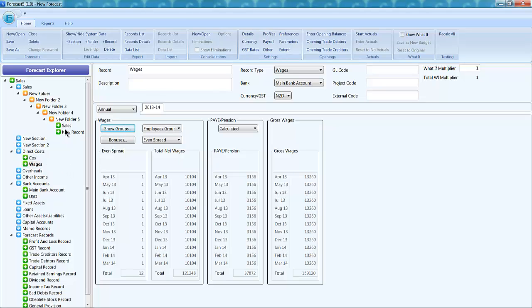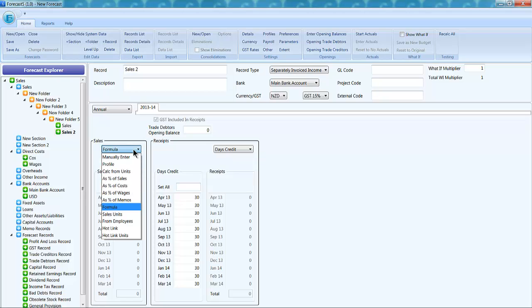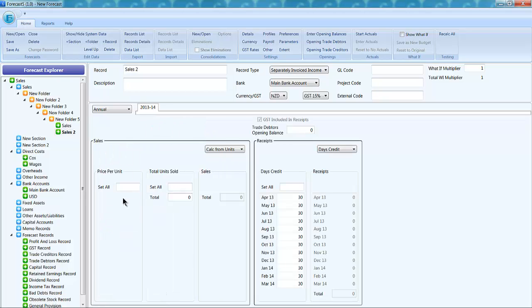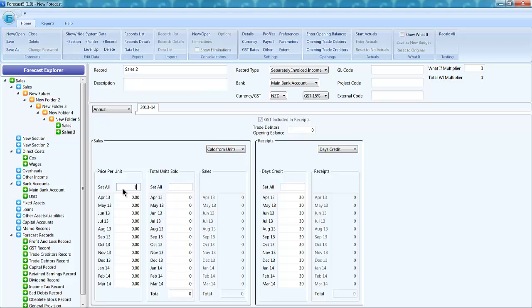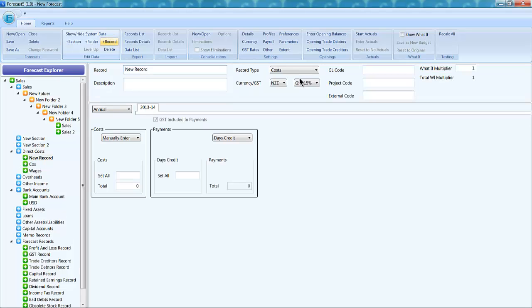So advantage from that. We will now go back to our sales record. We'll change this to sales 2. We'll generate, calculate from units. We will have $1,200 a unit. We will sell 1,500 units a month. All right. Now what we might do is come back into our cost records, put in a record, create a stock item,